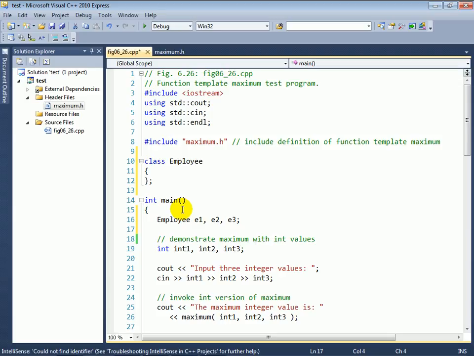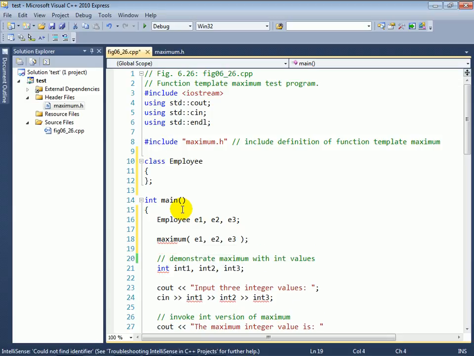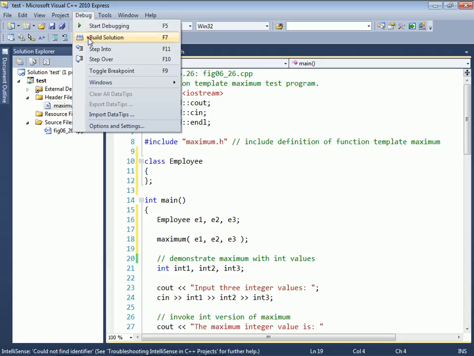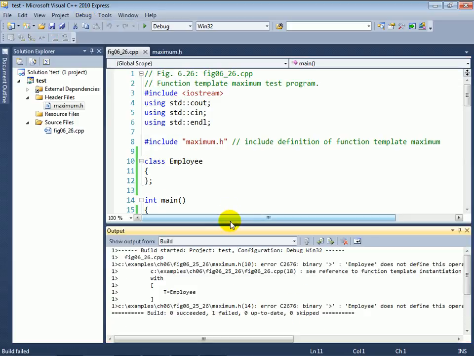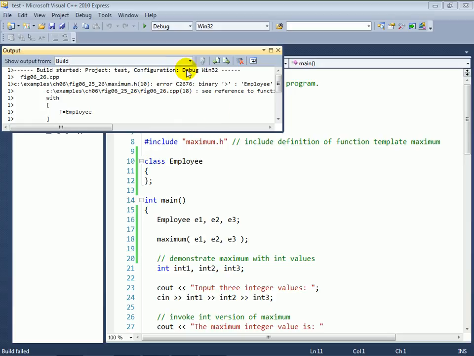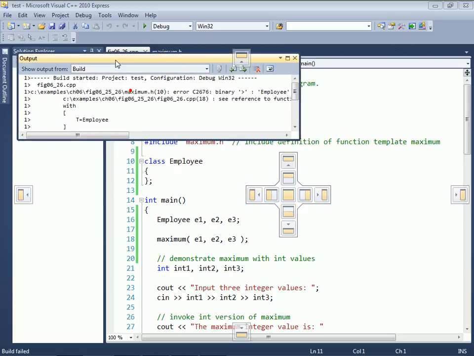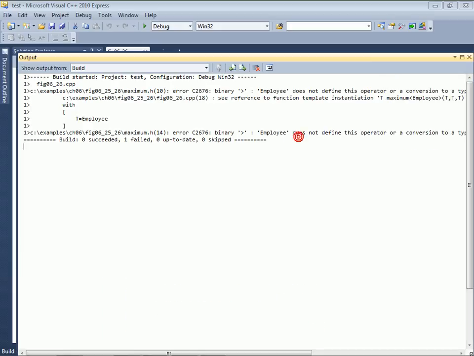Okay, so we created three employee objects. And now when I say maximum with E1, E2, and E3, and then I try to compile this, I'm going to get some error messages. And in those error messages here, let's actually, by the way, if you double click any window within the IDE,